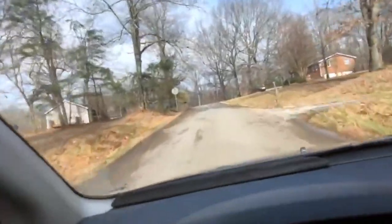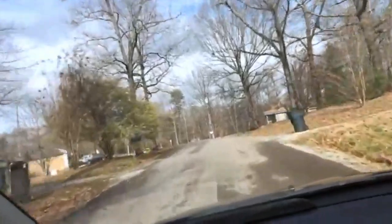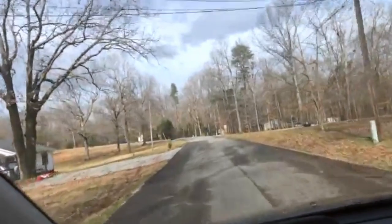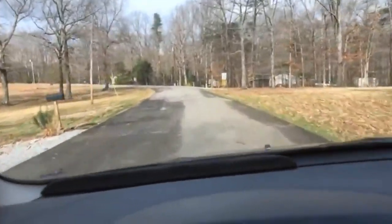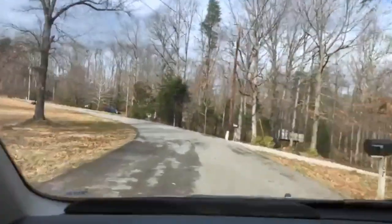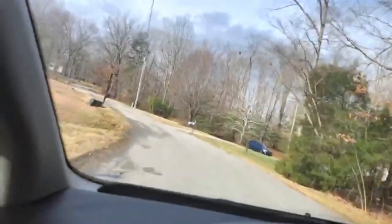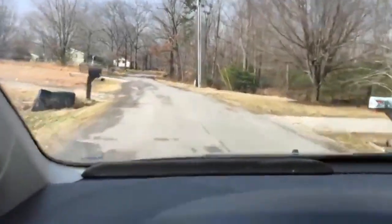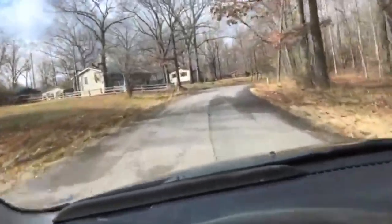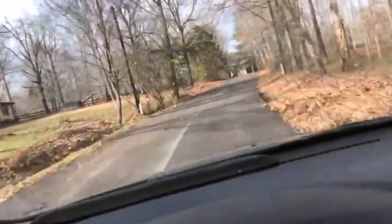At least as of a couple hours ago, you cannot take Kingston Springs Road to Craggy Hope to 70. And I believe, if I recall correctly, 70 is still shut down between the Foggy Bottoms area, where you can get canoe rentals and they have some great hiking, up to the Kingston Springs Road 70 intersection. And Ryan, if you can correct me if I'm wrong, if 70 is reopened, I don't have Twitter up, but...